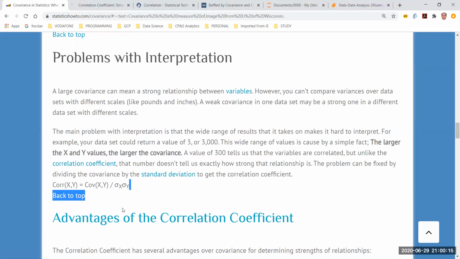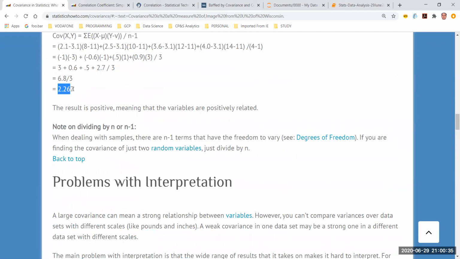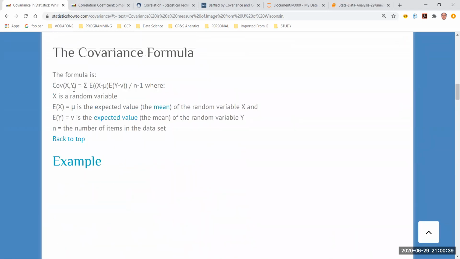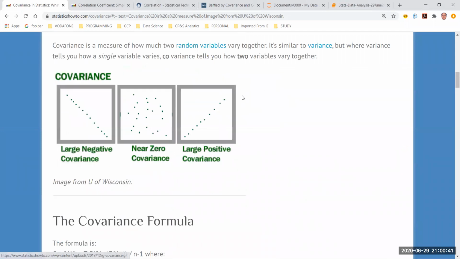So what we are doing essentially is to make sure that even if I have x and y, which are 2 variables in different scales, which can have any number of values, any range of values, I can ascertain the strength of the relationship. Let's say in this case, I have come to know it is 2.267. Fine, I got to know that there is a positive relationship. X increases, Y will also increase. But how much is that going to increase?